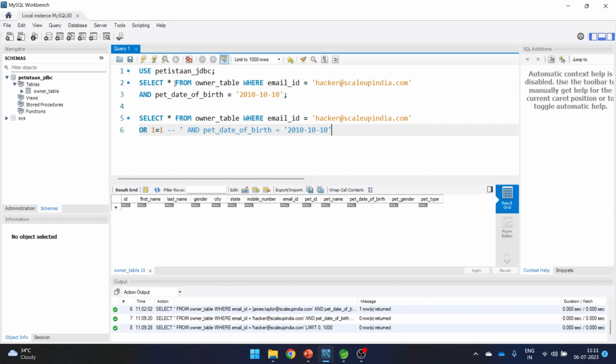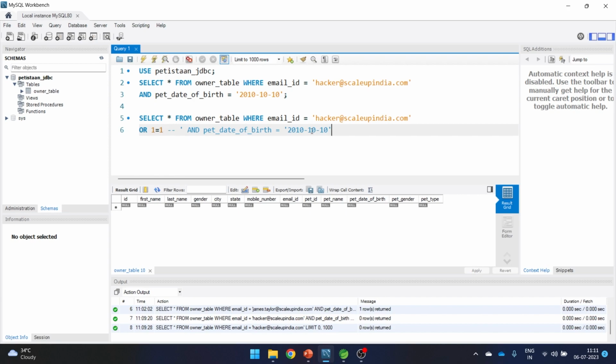In SQL, whenever you say hyphen hyphen and then a space before any kind of query, it becomes a comment. So the hacker did the same thing. The hacker gave here hyphen hyphen and then the space. So this particular part became a comment, and now this is no more the part of our query, and our query is where the email ID is this or 1 equals to 1.